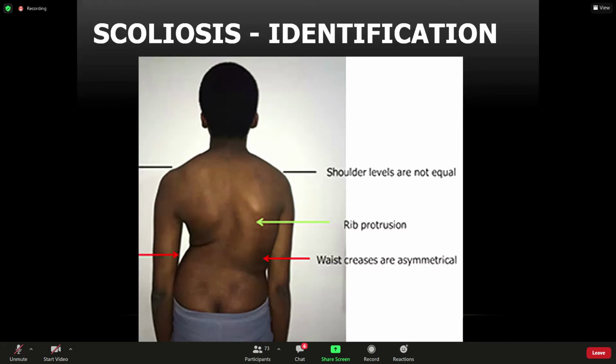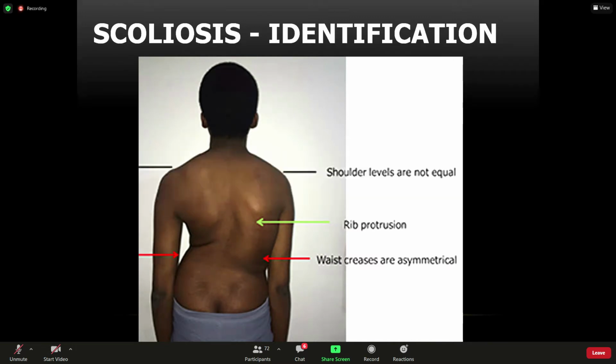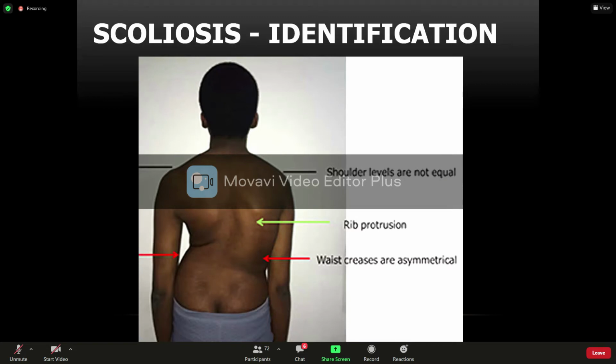So how do you diagnose scoliosis clinically? When you look at a child with scoliosis, what are you looking for? There are a couple of things that you will look for, and these should not be missed. Number one, when you look at the child or the patient from the back, the head should be right on the pelvis. Normally the shoulders are at the same level on both sides, and if the shoulders are at different levels, it may indicate the presence of scoliosis.